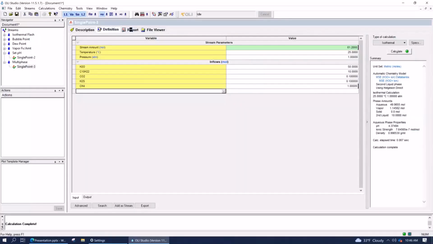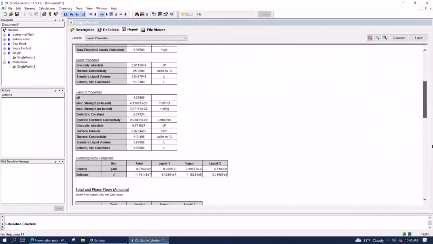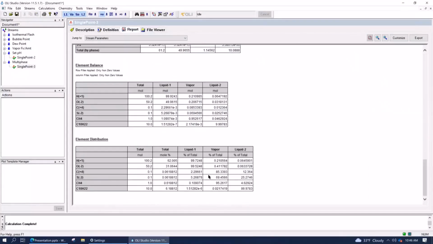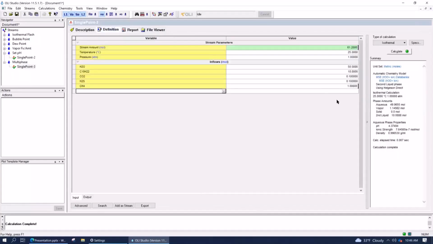Now let's look at the report again. Scroll down. It's still too much. I still have 80%. Okay, it looks like we're just going to get rid of the methane altogether, because even though I dropped the amount of methane by a factor of 10, you still have most of your CO2 and your H2S in the vapor phase. So, okay, bad idea. Go back to definition, set the methane to 0. I'll just make it an LLE, a liquid-liquid calculation.